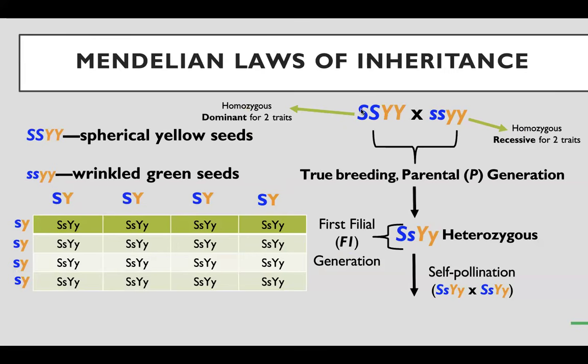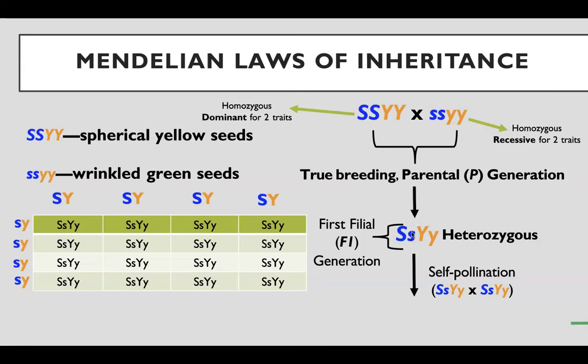Each allele can bind to any of the two alleles of the other gene. Remember, that's what we mentioned about the law of segregation, and the law of independent assortment as well. So this uppercase S can bind with this uppercase Y or this uppercase Y. If you look at the heterozygous, it's a bit easier to explain. This uppercase S can be bound to this uppercase Y, but can also be bound to this lowercase y. So you essentially create lines from each gene. This S creates a line with this uppercase Y, this S creates a line with this lowercase y. So this S is satisfied.